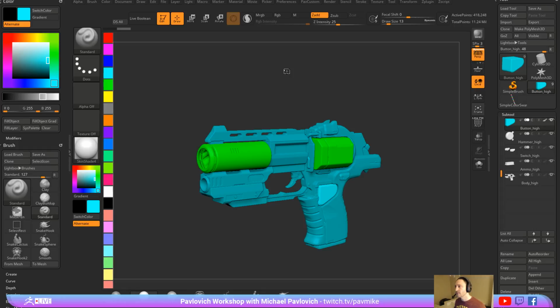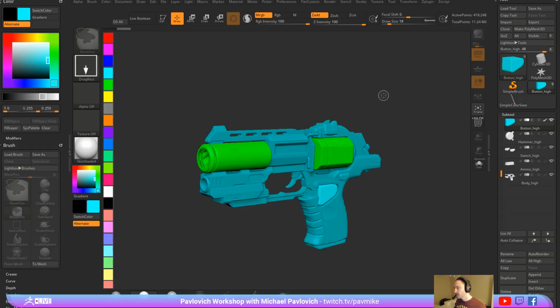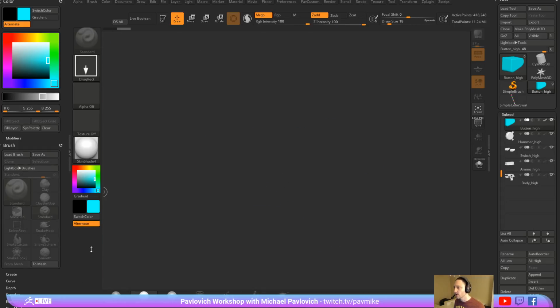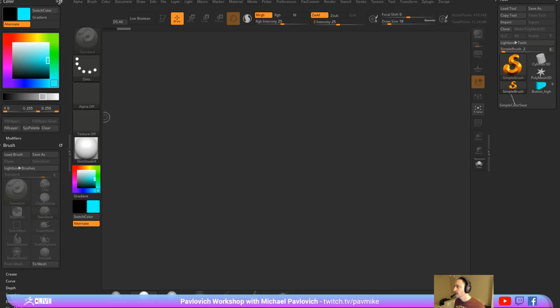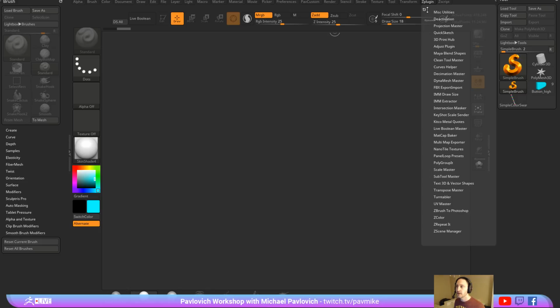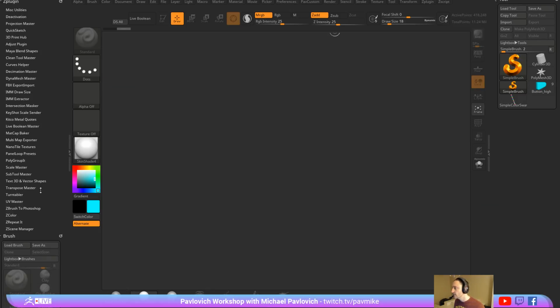So that's one way to do material IDs. If I go out of edit mode, hit Control N, clear my canvas, that'll get rid of the material ID over here on the side. Now there's another plugin that we can use under ZPlugin here. If you go down here to ZColor, if you need this plugin,